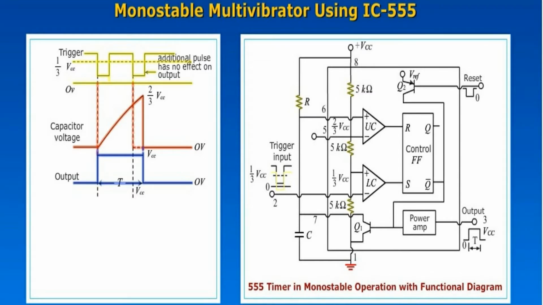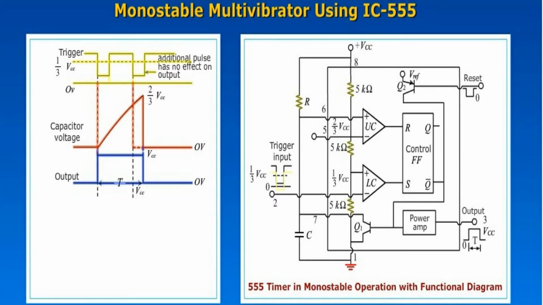The SR flip-flop output Q bar equal to 1 is also connected to the base of transistor Q1, hence the transistor Q1 is in the on condition. Since the transistor Q1 is on, it acts as the closed switch. The transistor is connected across the capacitor. The transistor Q1 is on, it acts as the closed switch, hence the capacitor is short circuited. It is connected to the ground. Here the capacitor is now discharging to the ground.